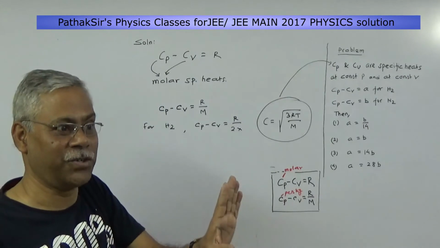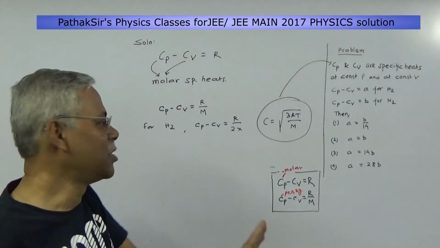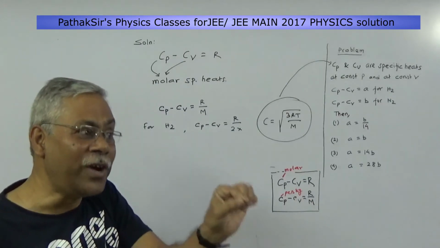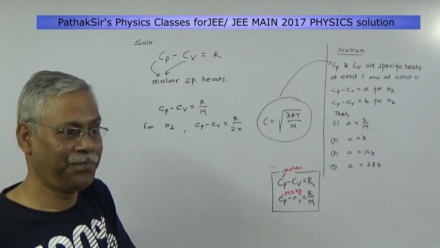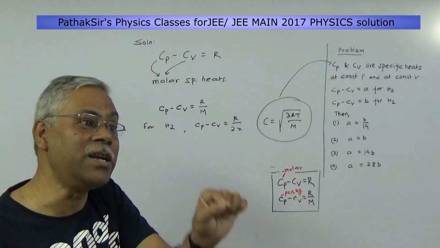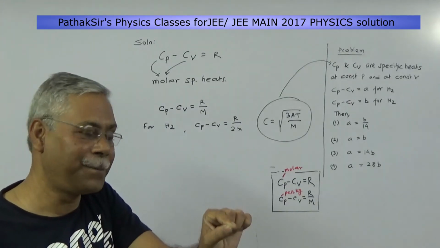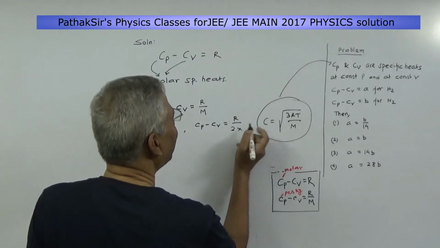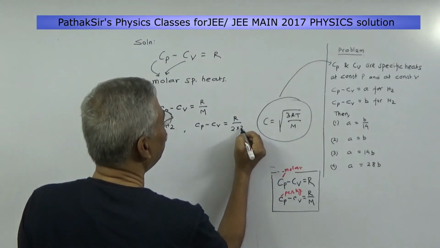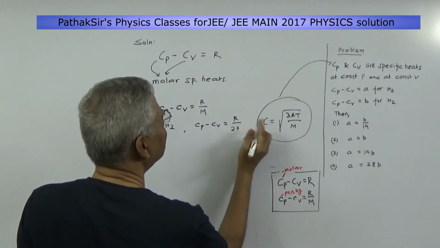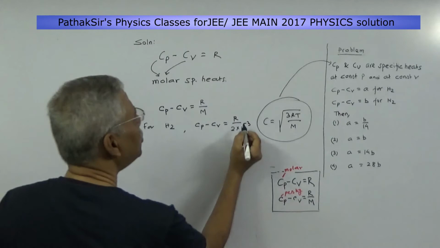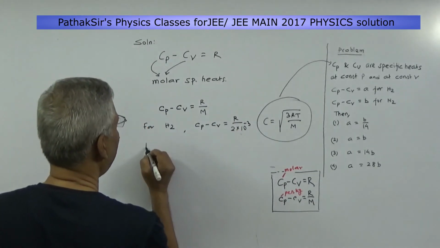So oxygen 32 gram, hydrogen 2 gram, nitrogen 28 gram. So in order to make it mathematically correct, I will put 2 into 10 to the power minus 3. I know that it will cancel, even then, to stress upon this,